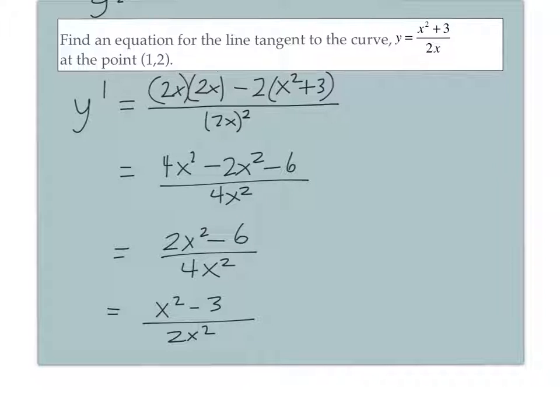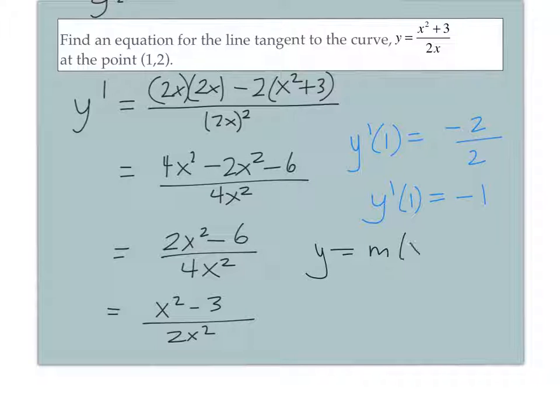Okay, so if I want to figure out the derivative at the point 1, 2, what do I have to do? Put 1 in. So I plug 1 into that. So y prime of 1, and I get negative 2 over 2, which is negative 1. So now I want to find my equation for the tangent line, so I use y minus y, or sorry, you could use that, but y equals m times x minus x1 plus y1. And you get negative 1